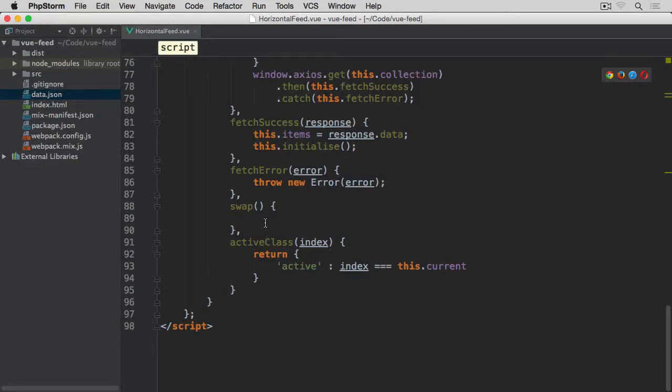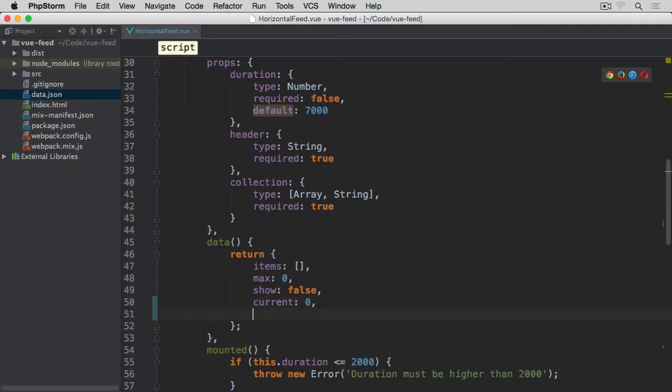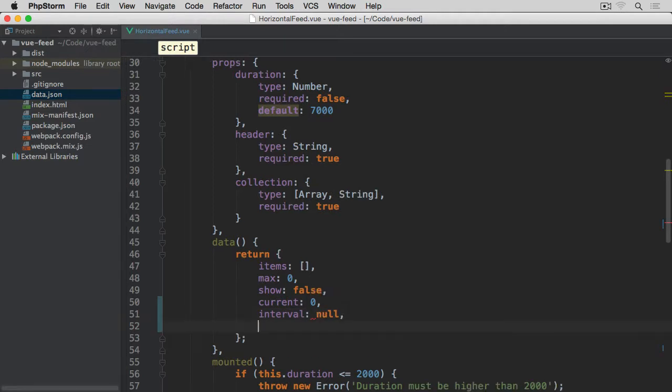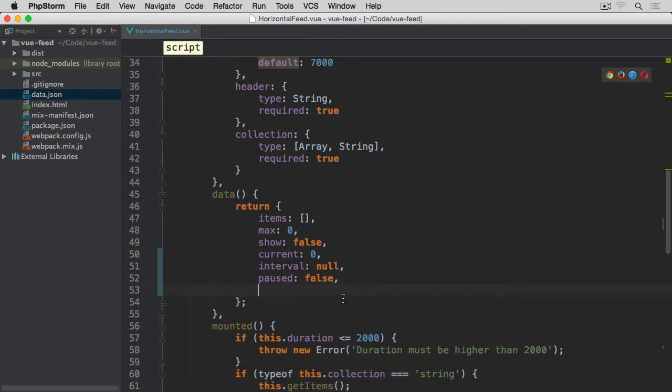In this video, we are going to work with our swap method, which will allow us to swap items of our feed. So the first thing I'm going to do is add 3 new properties. If we scroll up to our data, we are going to add 3 new items. First one will be called interval, which will be set to null by default. Then we are going to have paused, set to false, indicating whether the feed has been paused by clicking either previous or next button. Then we are going to have swapping property, which will also be set to false by